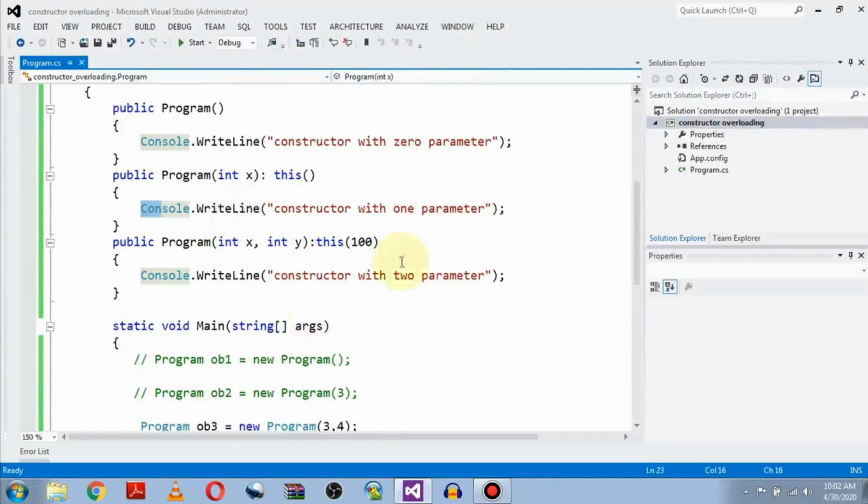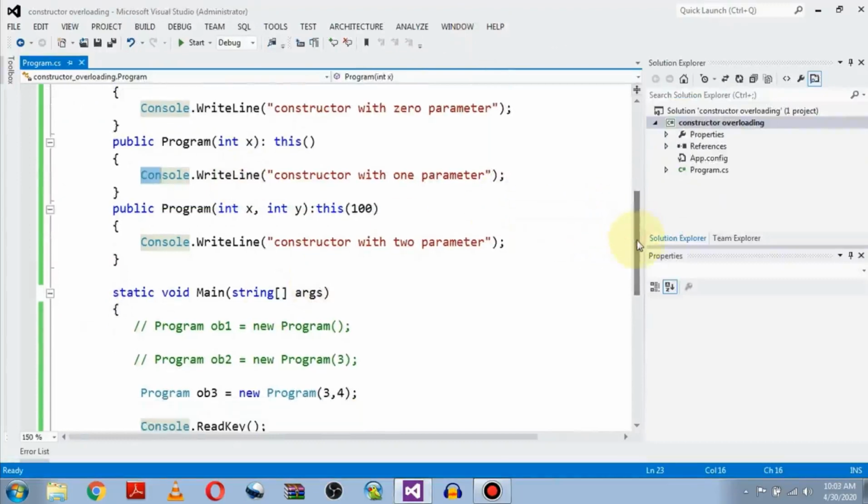So if you can see, this time we need only one object. With the help of one object, we have called 3 constructor functions, but these constructor functions are connected in a sequence: this function is called first, but it is connected with the second one, and the second one is connected with the first one. So this is constructor chaining.